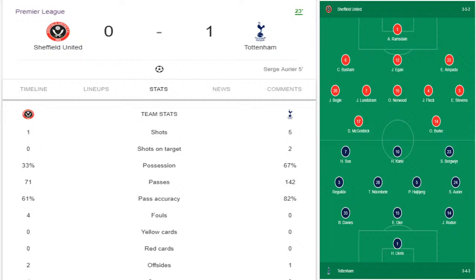Striking goes charged down by Højbjerg, and Harry Kane will launch the counter now. He's got Son to his right hand side, he's got Højbjerg to his left hand side. Harry Kane goes down, that'll be a yellow card. Harry Kane's ankles were just clipped. Tottenham keen to get on with it though. Reguilón was scampering down the left hand side, but Andre Mariner had already blown the whistle and wanted to take